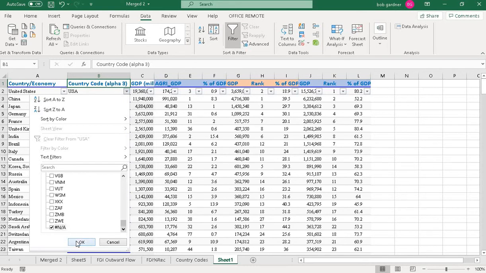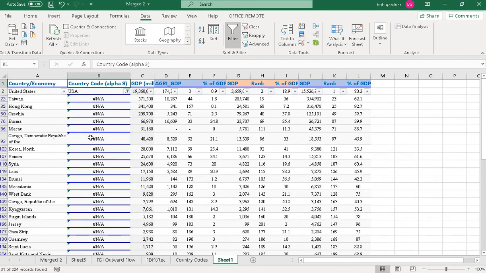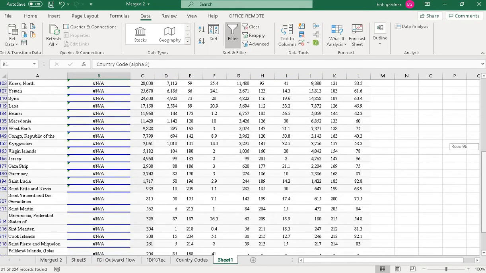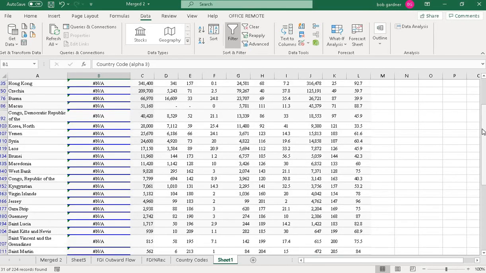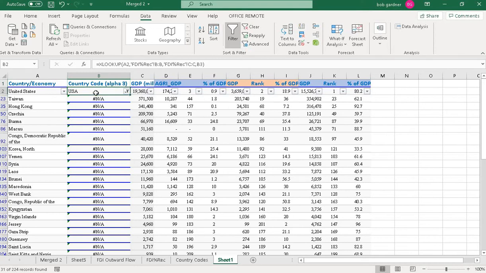So filter, not available values. These are all the values which did not match. Okay, so let's see if we can do something with these values.